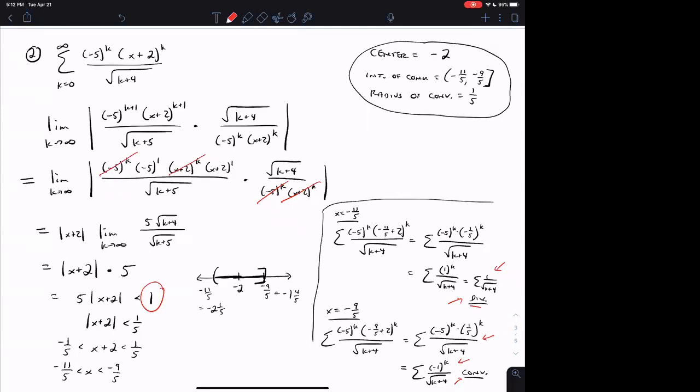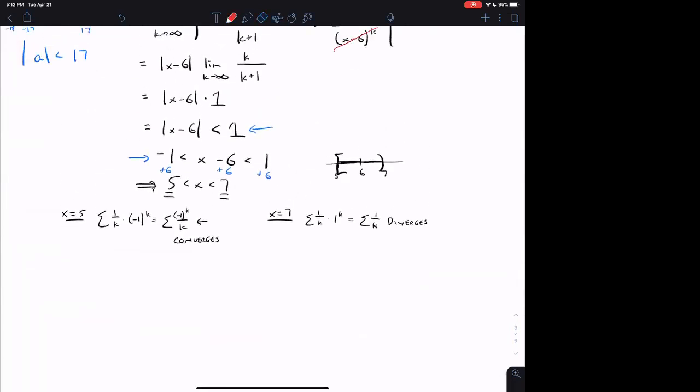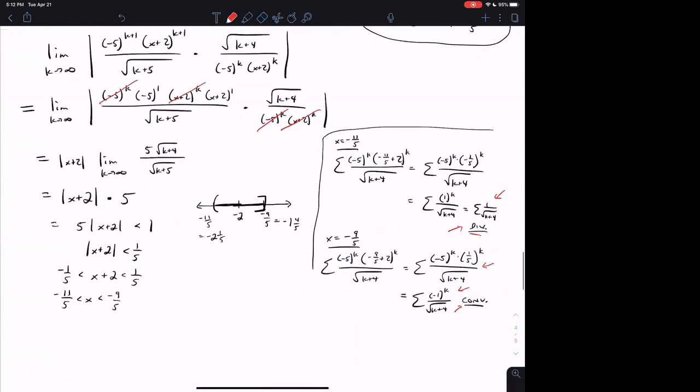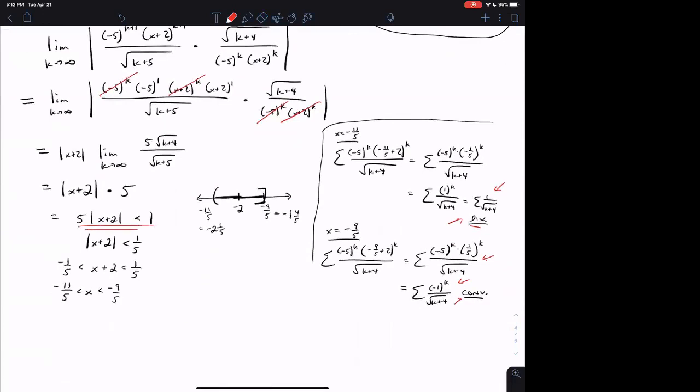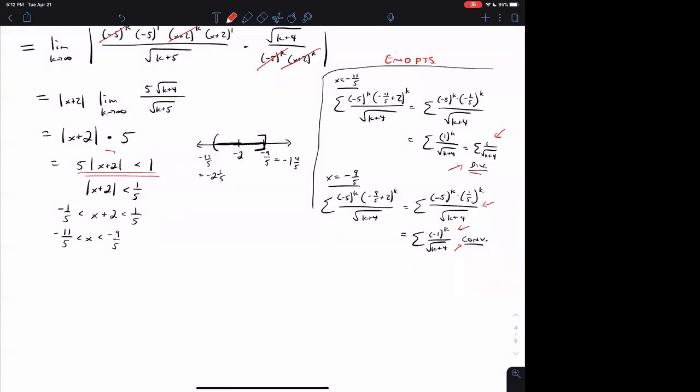Okay. Now I want to talk about what else can happen here. So the two that we've done are the hardest possibilities. On both of the examples we've done, we've gotten it down to something where you have this inequality less than 1, or you have this absolute value less than 1, and same deal here, you have this absolute value less than 1, and then you have these endpoints to test. It's not always that hard, but when you get to here,